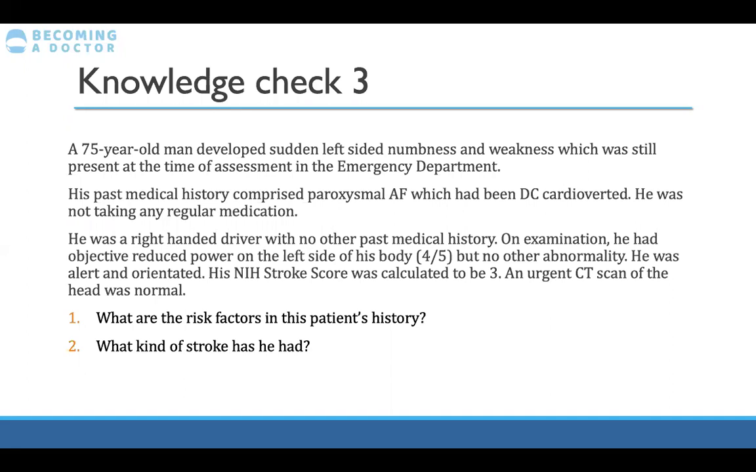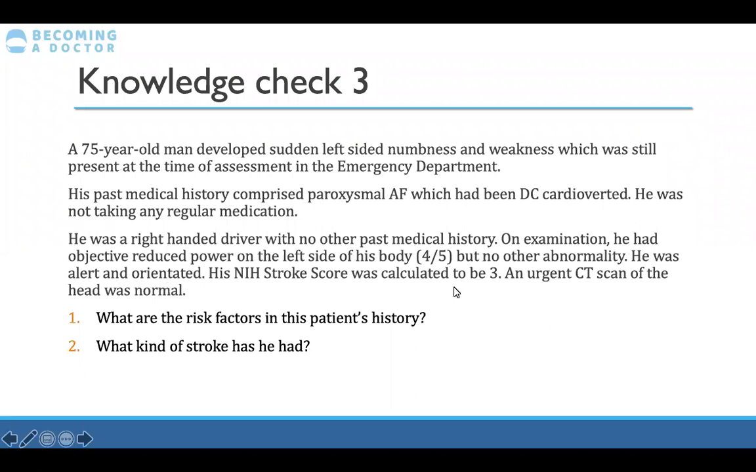Yep. AF, age, perfect. We're getting there. Good, paroxysmal AF. So even though this patient has been DC cardioverted, we don't know if that's been entirely successful in terms of keeping his paroxysmal AF at bay. Main risk factor is his paroxysmal AF and also his age. He is a right-handed driver. So most likely